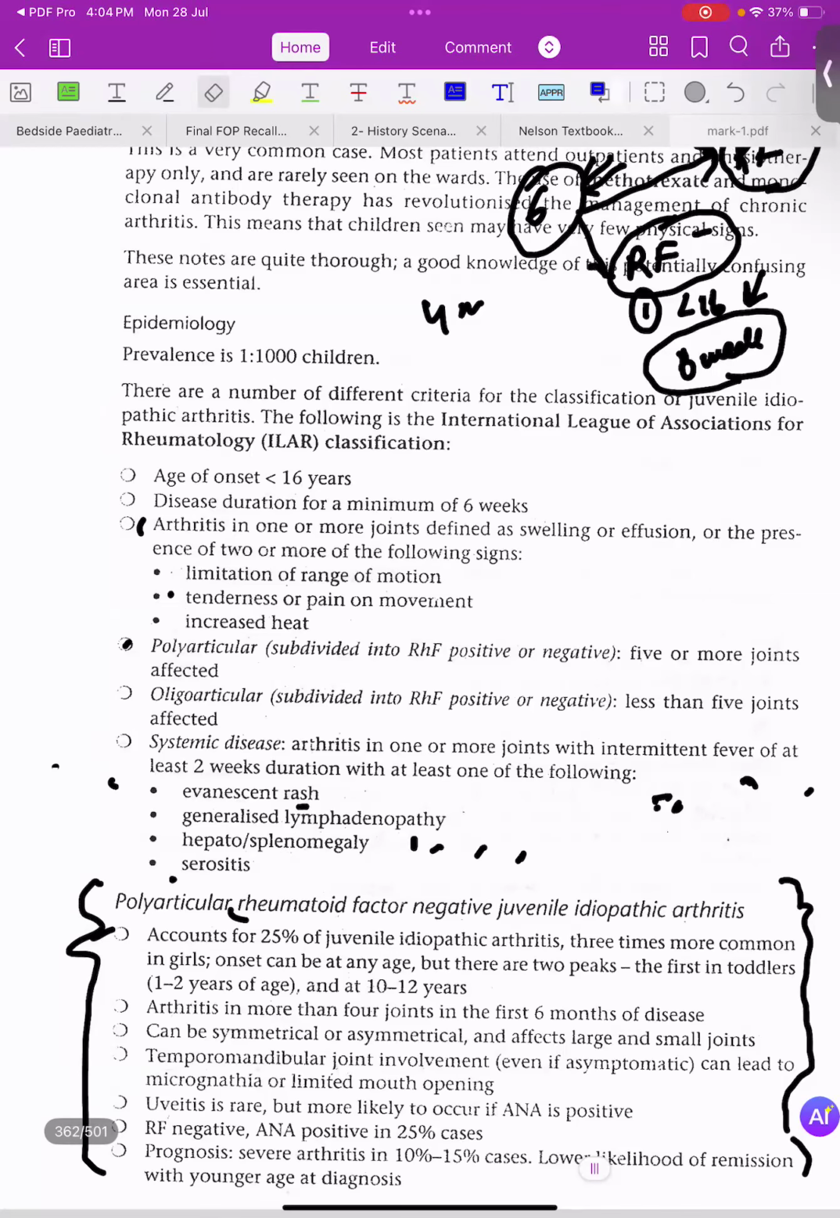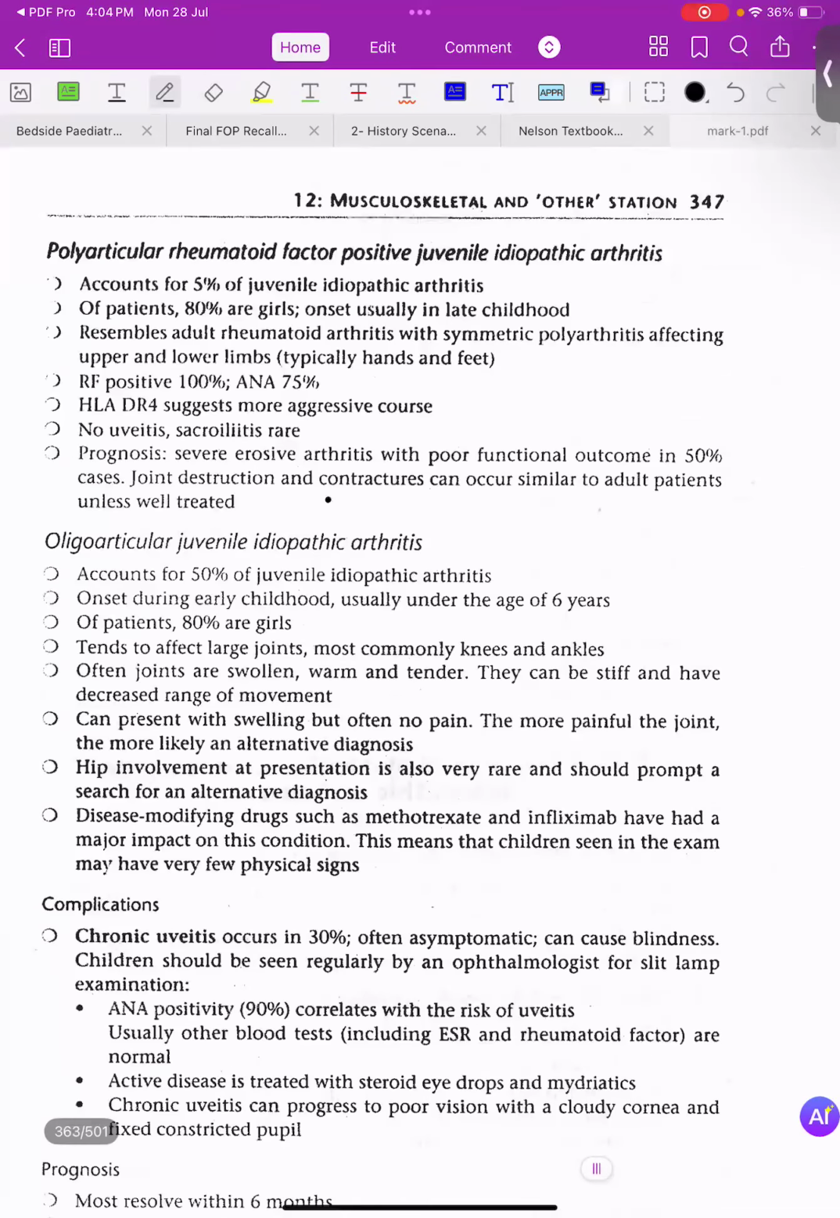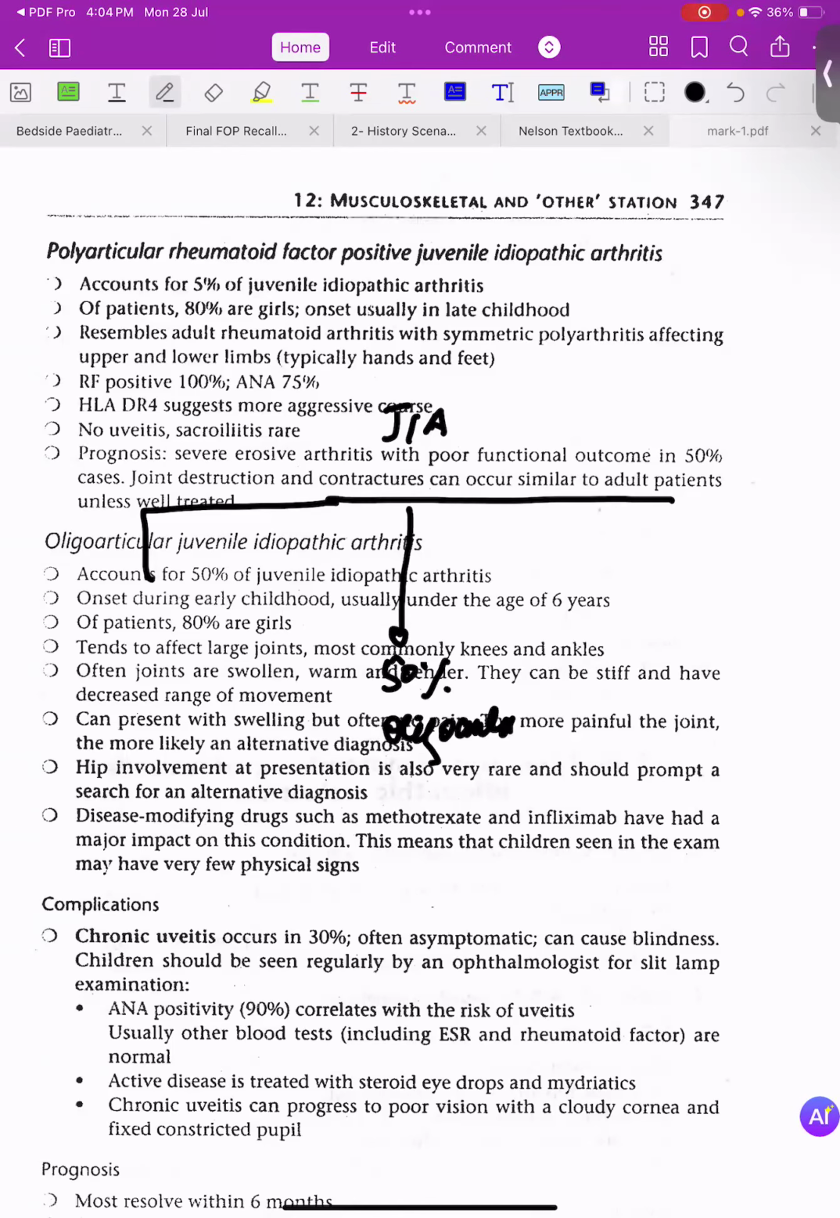Okay, so please make a chart like this. If I write it like this, it is a case of JIA. 50% of the patients are oligoarticular. Okay, 50% are oligoarticular, right? 30% are